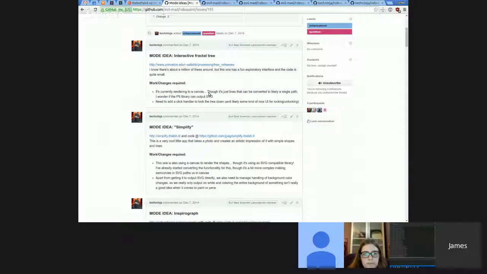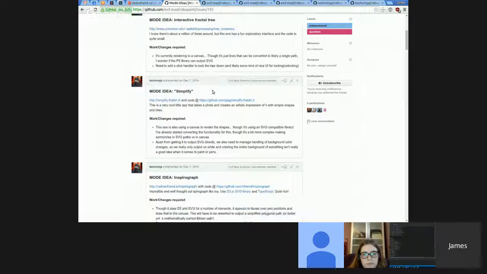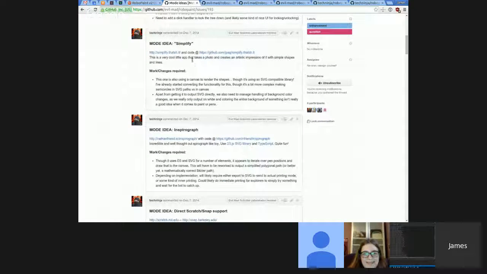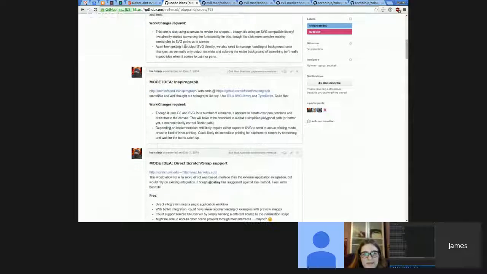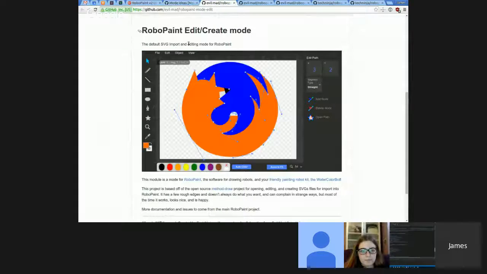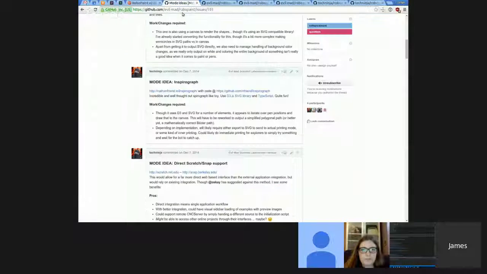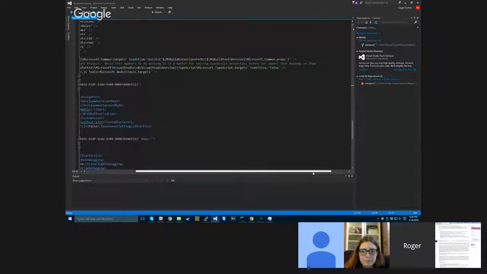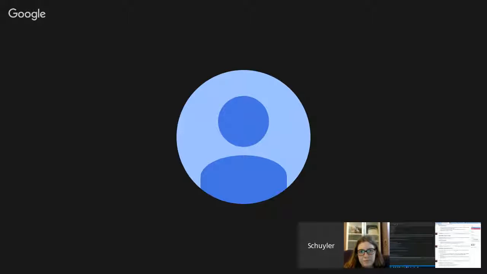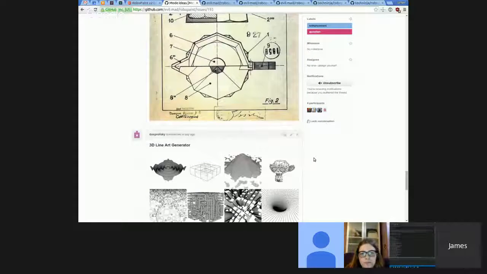So I created this as kind of a landing area for if we ever have time or we want to add awesome things. And this was before I had even thought up how modes are supposed to work. And now that I have them in a way that they're completely separate projects, this is a very, very easy thing for someone to just go and create a new mode idea, build it completely out, completely separate of the main project, and then it can be added later. The other nice thing about the way this is done is that even the main things like edit and print are modes that people can develop, and they're effectively completely independent, which makes development much easier and nicer. Unless you need to add changes to every single one.